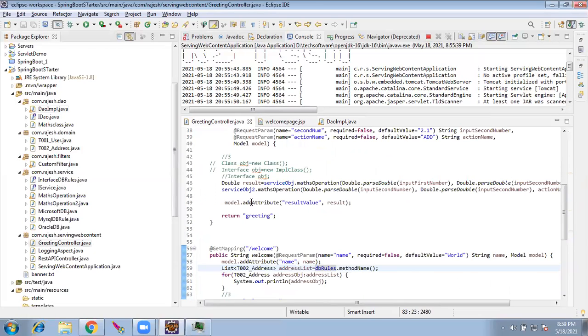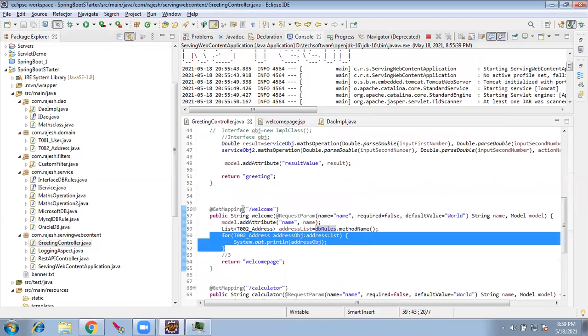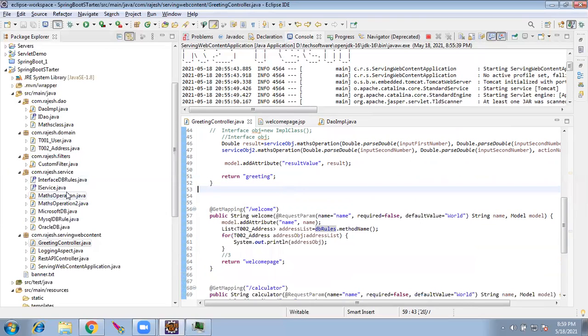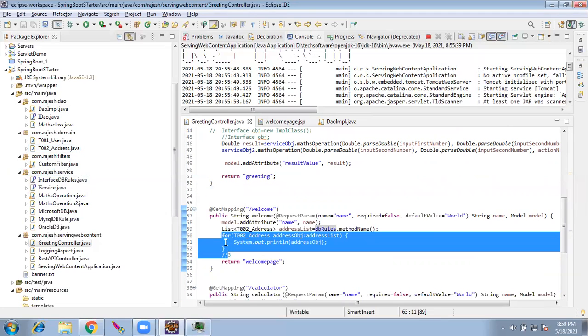In the controller, I return back that list and I am just iterating this list in the controller and printing it. In the address POJO and the user POJO, I do a toString method where I am printing the values. So here I iterate and print it in the controller.